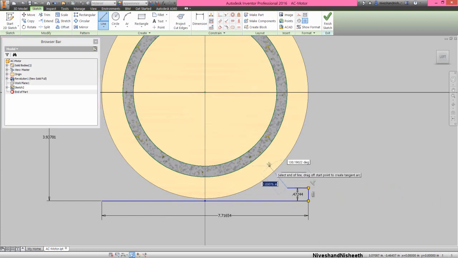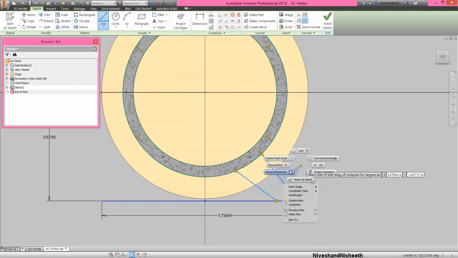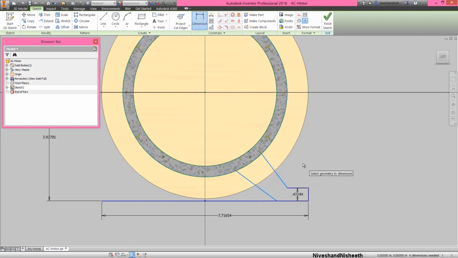Now we will create some more lines, something like this, and apply the dimensions on here.